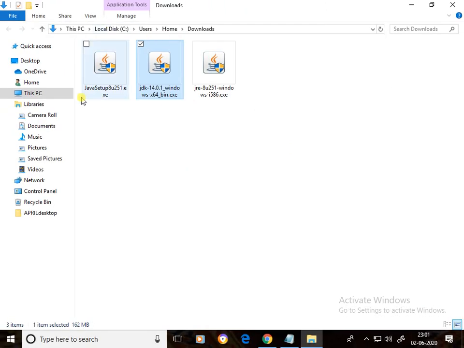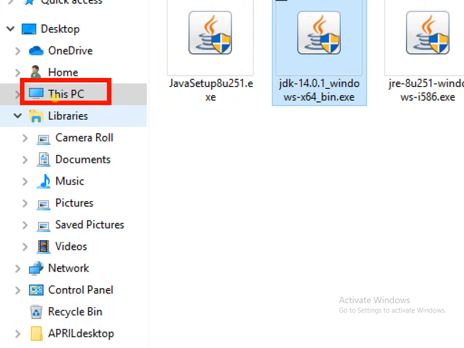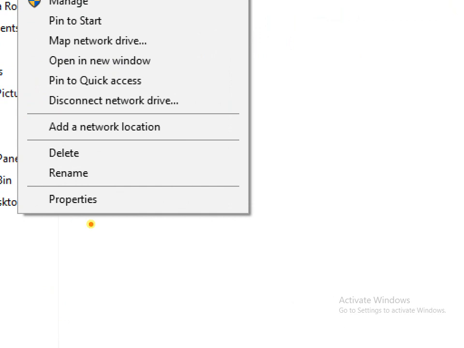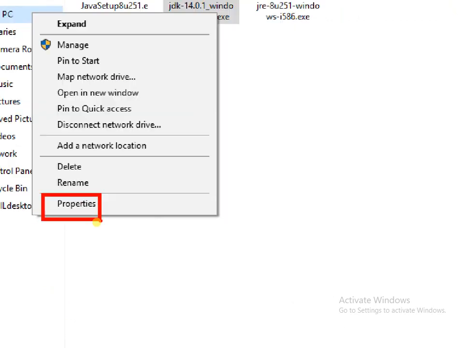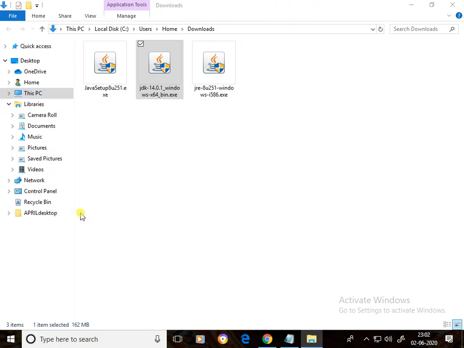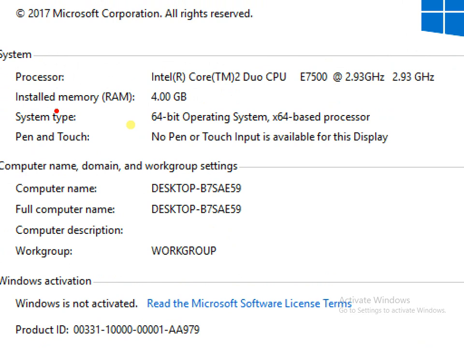But before downloading, check whether your system is Windows 32-bit or 64-bit. How to check? Right click on This PC and click on properties. Here it shows the system type.